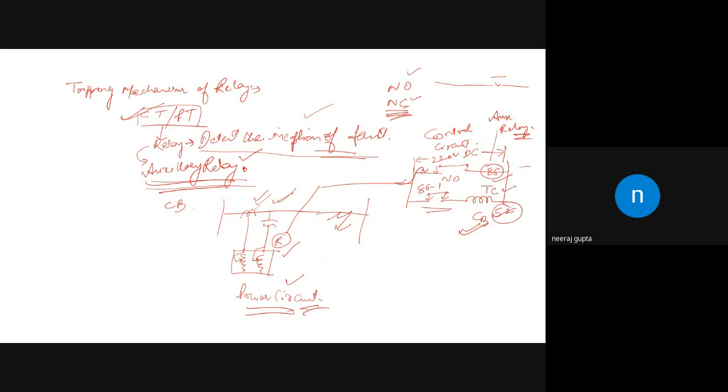This is the current coil of the relay, and this second one is the pressure coil of the relay, that is, information that is coming from this voltage coil. And then we will have, अब ये जो सर्किट है इसको हम कहते हैं पावर सर्किट। अब ये रिले सिग्नल देती है हमारी ऑक्सिलरी रिले को।